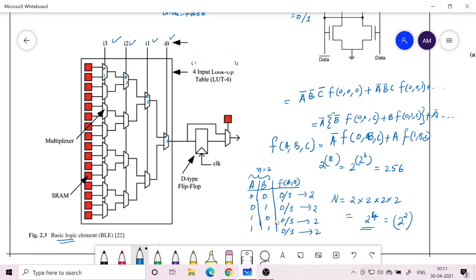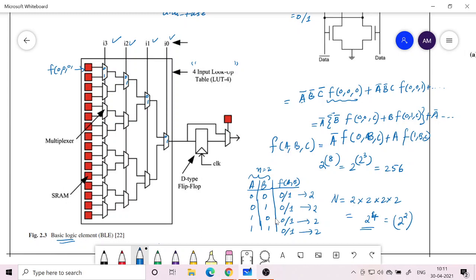Then all of them are 0. Whatever is stored here will come out, right? That is the multiplexer based design. So a bar, b bar, c bar will be chosen if there are only 3 inputs, and whatever this value is, whether it is 0 or 1, you have to put it here.